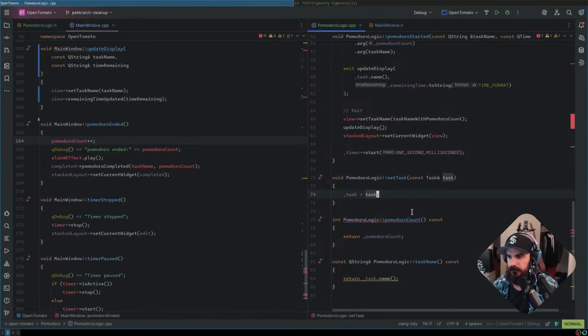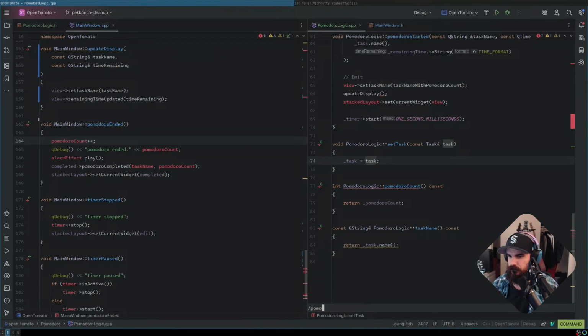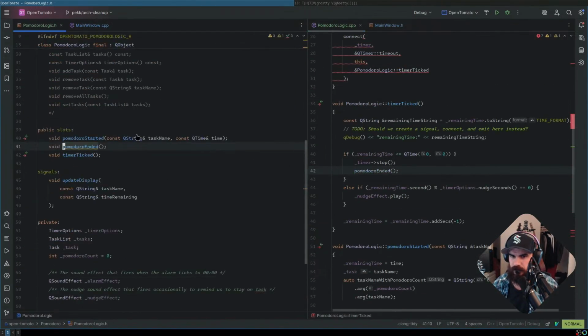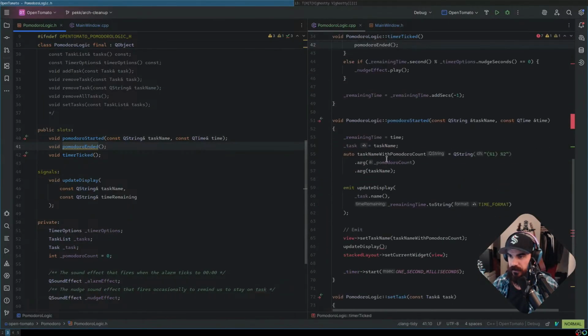Pomodoro ended. Oh, I don't have it. It's not implemented yet.